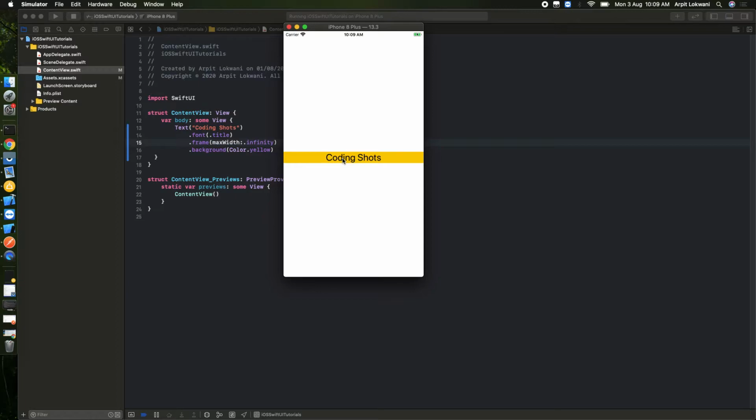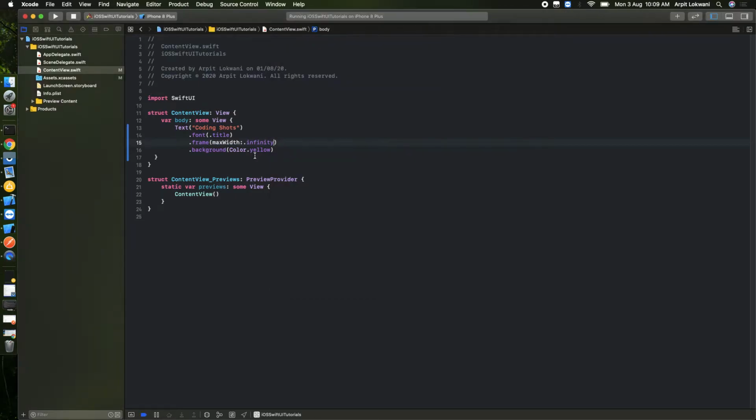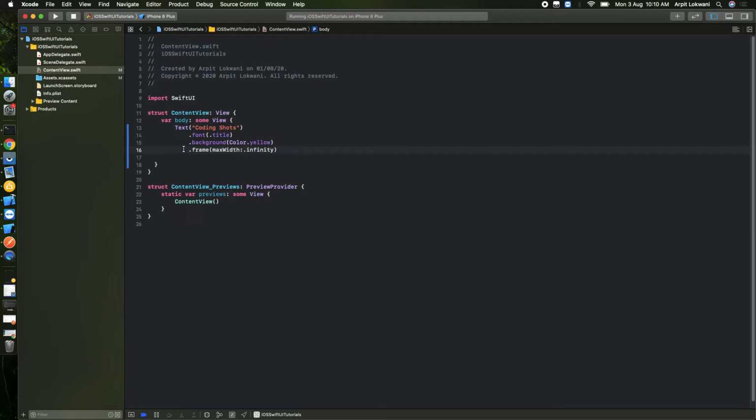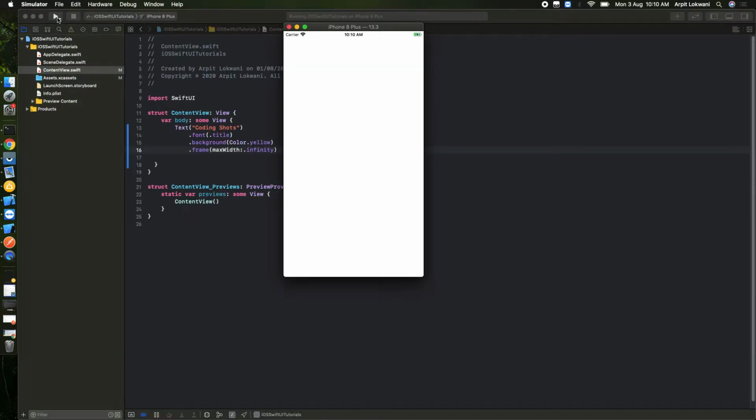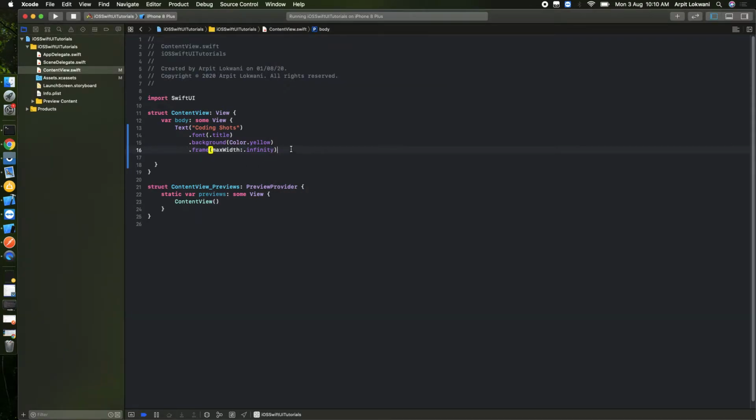Now if I say wrapper frame, we can change it, and the background color we can change, switching the order of the modifiers. We'll see now what is the difference. We did nothing, we simply switched the order of the modifiers, that's it. You'll find the wrapper color we have not changed. Now the wrapper will still be the same, infinite, but you can't see it. If you want to see that, we can see it by setting the border color.